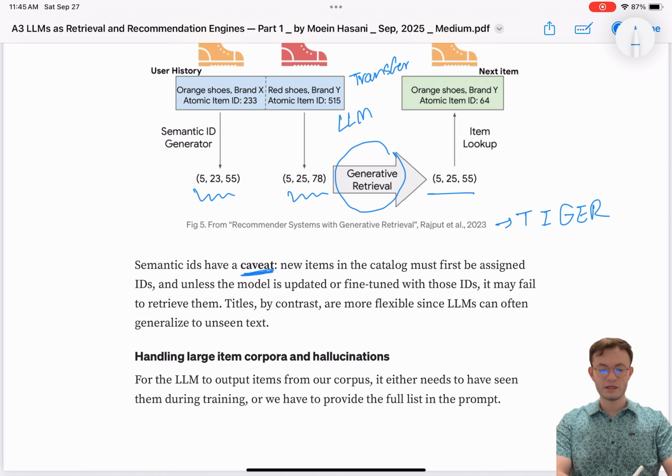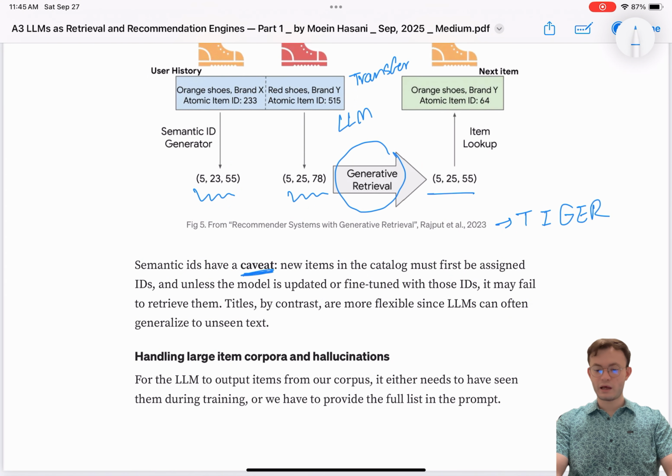But I think the biggest problem is you have to do fine-tuning, and as newer items are added, if the LLM or the transformer hasn't interacted with those, you need to do another whole round of training. So it may not do great on cold start problems, and it definitely needs extra training for the neural network or the transformer or the LLM to do well with this.